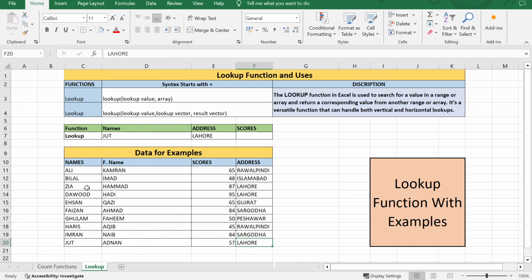Now I am going to change it. For Zia, the value is Lahore, and for Ali, the value is Rawalpindi. Now you might have noticed that for every name we are only getting the addresses, which is the last column